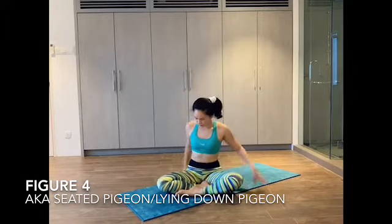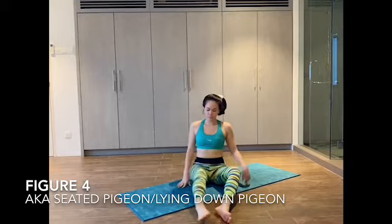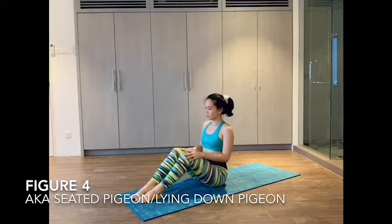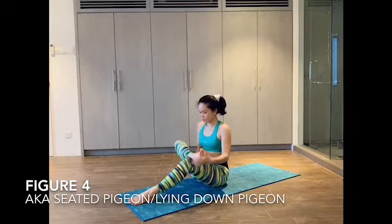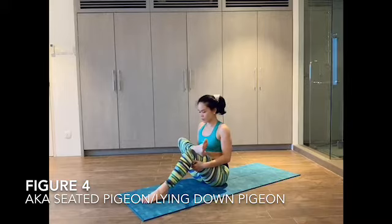Next, we're going to come into a seated figure 4. So this is really good for opening up the hip as well as getting a stretch on the side of the thighs or the IT band. So what we're going to do is we're just going to bring the knees up, feet are on the mat. Bring the right knee up and place a right ankle onto the left knee, creating like a number 4 shape